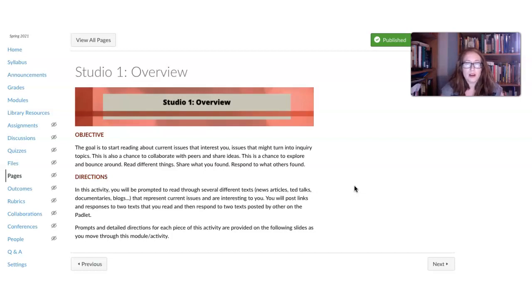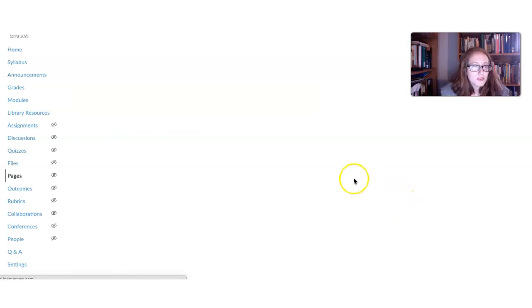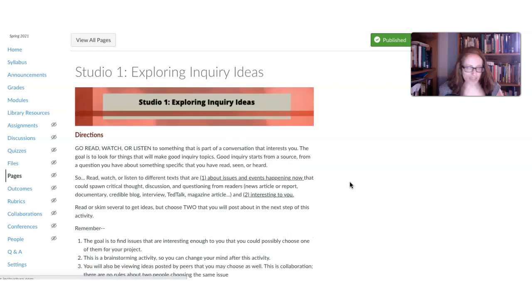This will be collaborative. You'll have an opportunity in this activity to share some ideas that you have, see some ideas other people have, respond, and kind of collaborate. So the first piece of this is really just to go read or watch and get some ideas. You're going to try to find two different texts, things that are interesting to you. So two texts that are about issues and events happening now that could spawn some critical thought, discussion, some questioning